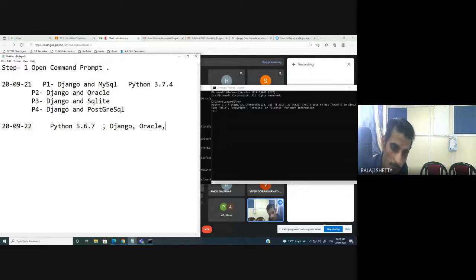Try to understand this. After 1 year, your machine you are using is Python 5.6.7. Your Django is the latest version. Now the client needs the support because you have developed the software. Once you develop the software, you have to give the support per month, per day, per year. You charge. That's called maintenance cost, AMC, annual maintenance contract. So what is the option now? For that, you have to create the versions.